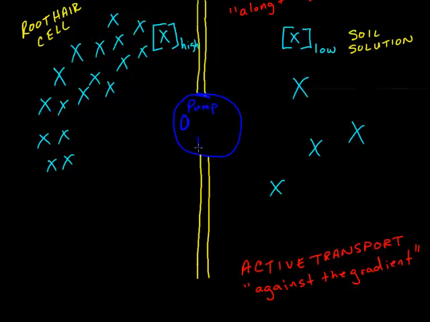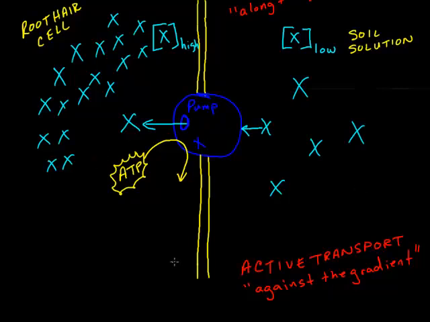And this pump is specific to element X. So it's a pump of type X for this particular nutrient. And just like a pump in a well to move water against gravity, it needs a power source. And that power source, provided by the root hair cell, is in the form of these guys. Remember ATP with my little explosion around it? ATP is produced from sugars. And so ATP is provided to this pump,